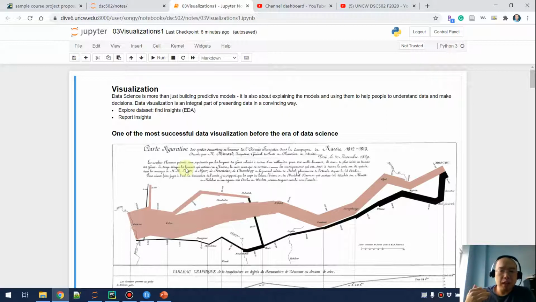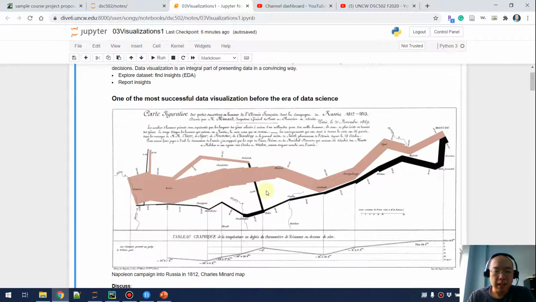And before we talk about any coding, I want to show you this, and this is called the Charles Minard map, and this shows Napoleon's campaign into Russia in 1812. Usually if I'm teaching in class, I ask who can tell me this story, and I'm usually lucky enough that in my classes there are one or two history buffs, and they can tell me the story. But unfortunately, I'm recording a video here in my office, so I have to tell you the story